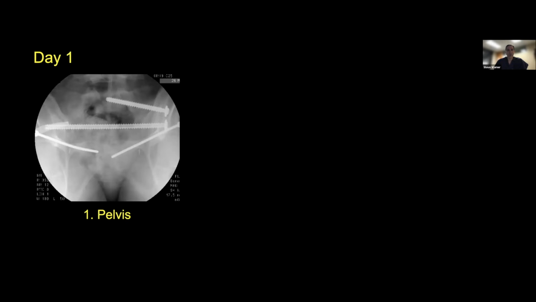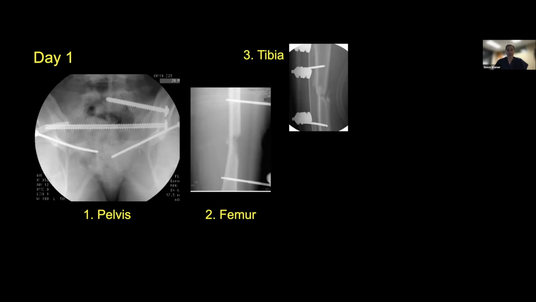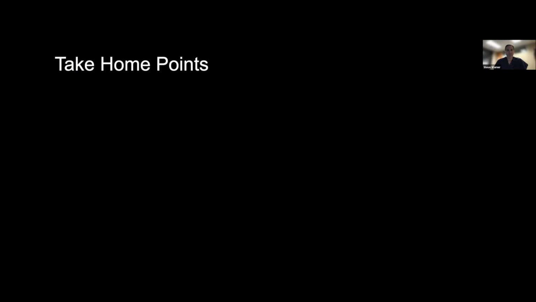But what was done with her case was definitive fixation of her pelvis with an open reduction of the anterior pelvic ring, and then percutaneous fixation of the bilateral superior rami, as well as the posterior pelvic ring. And then debridement and irrigation of her open fractures with provisional stabilization of her long bone injuries, as well as reduction of her elbow fracture dislocation. And this was what was done on day 1, considering her clinical status and what injuries she has, to try to minimize any complications and maximize her longer term outcomes. And here she is at 6 months down the road with an uneventful recovery from these injuries.